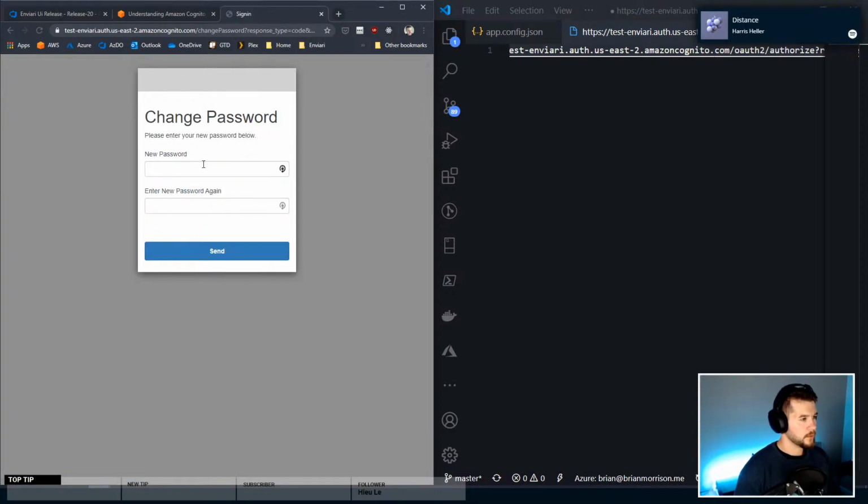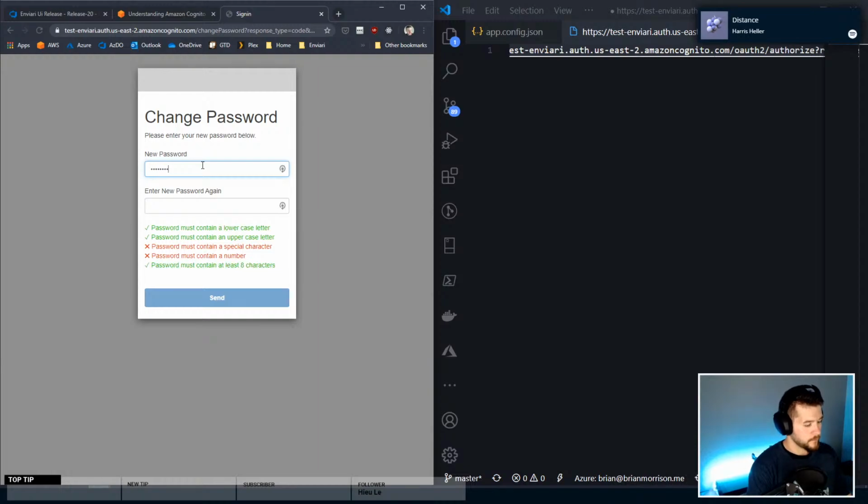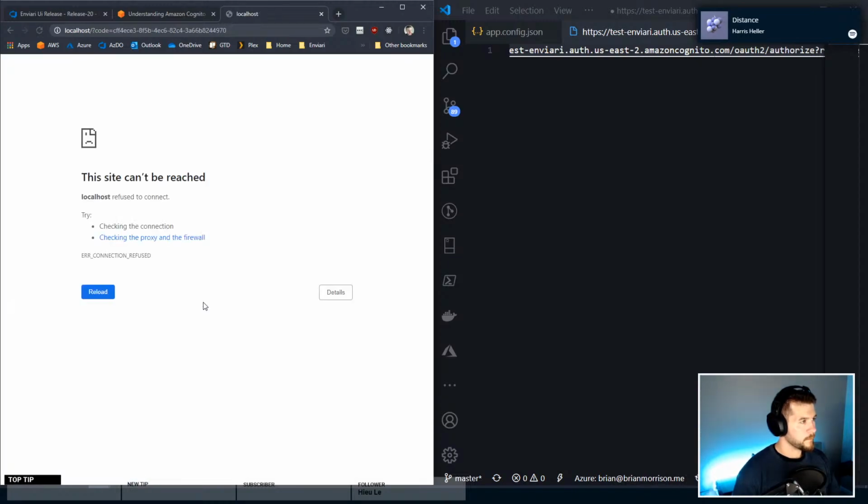Yeah, okay. Okay, send. See what this does. Okay, so even though we didn't actually get anything, this is because we set the redirect URI to localhost. But what's important is this right here, this code. This code is actually what we can send to